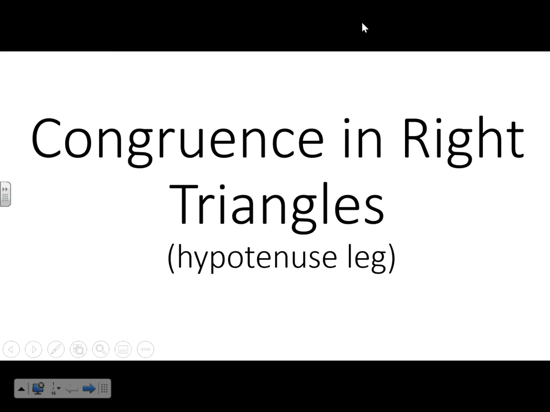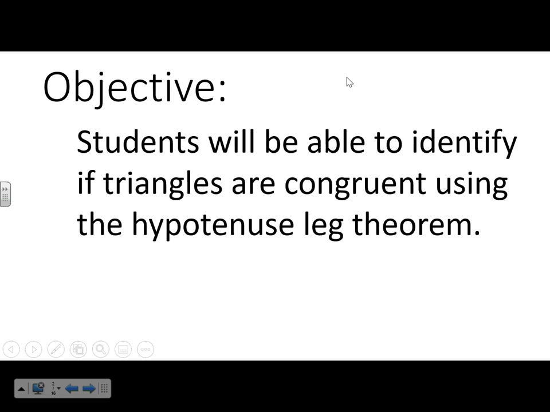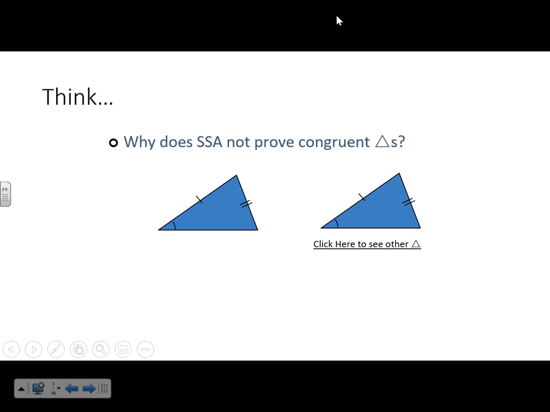This lesson is over congruence in right triangles. We're going to be using the hypotenuse leg theorem for this. The objective: students will be able to identify if triangles are congruent using the hypotenuse leg theorem. So first off, we talked about